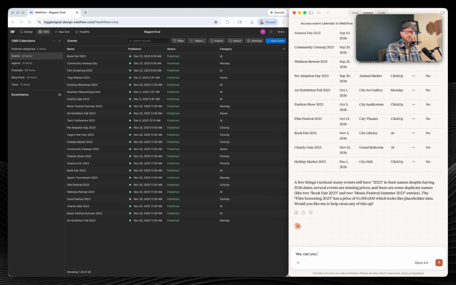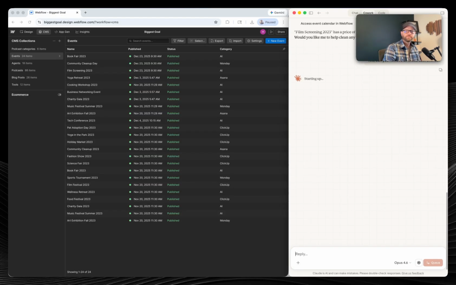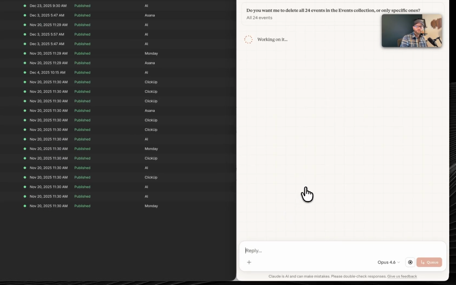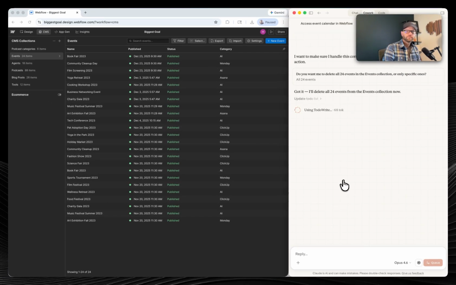Yes. Can you remove all these test entries? So it's going to ask me to clarify, do you want me to delete all 24 events in the events collection or only specific ones? We're doing all 24 events. Now be careful because this is permanent. So it's going to go through here. It should process all of this. I'll likely need to refresh my CMS on this side, but once it's done,